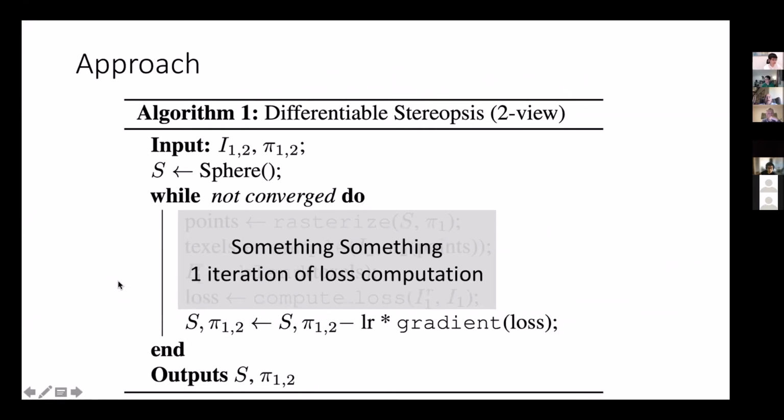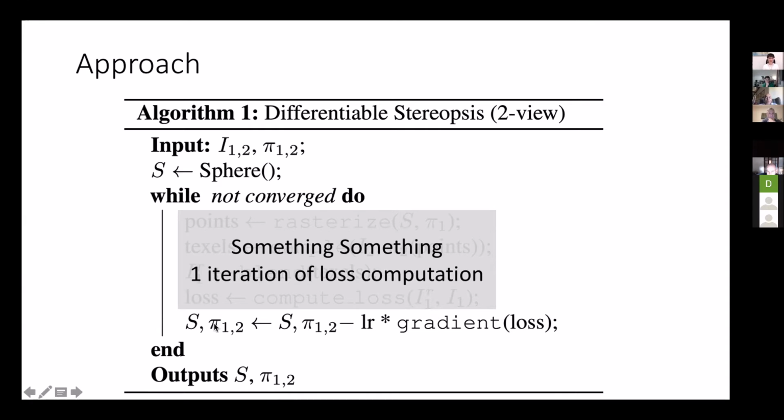Our algorithm is super simple. I really love this approach, because often when we develop new ideas, they get more and more complicated over time. This idea is actually much simpler than the kinds of approaches we used to write papers on 20, 30 years ago. I can basically explain it in like 10 minutes. What you hear in the talk, you will never need to go read the paper. This is so easy, you've got it after this talk. Okay, so there's a simple differentiable stereopsis approach.